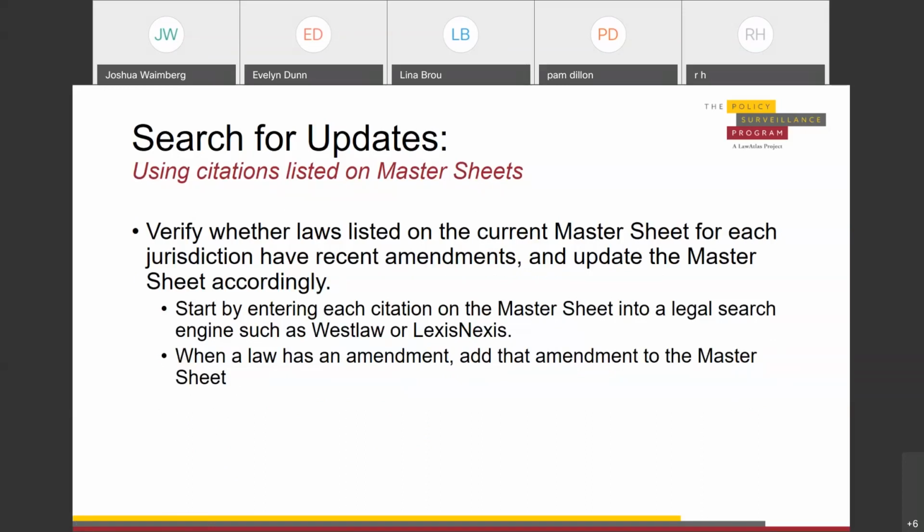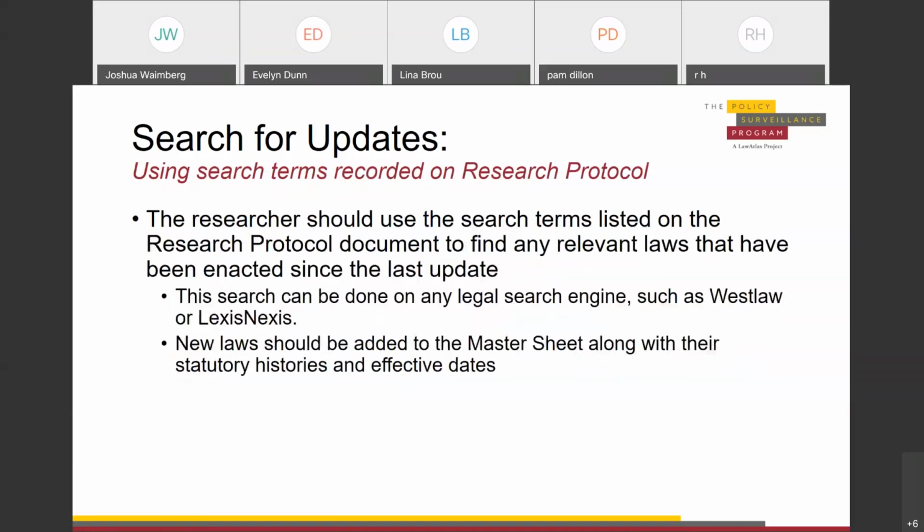We also want to use the search terms recorded on the research protocol to find any relevant laws that have been enacted since the last update. If we only rely on the laws that we've already collected in our master sheets, then we're going to miss any new laws that may have occurred. So this search, again, can be done in any legal search engine using the search strategy and terms we've established already. And you also might want to go back and check the